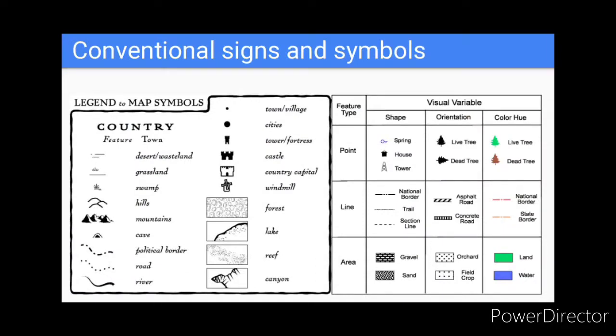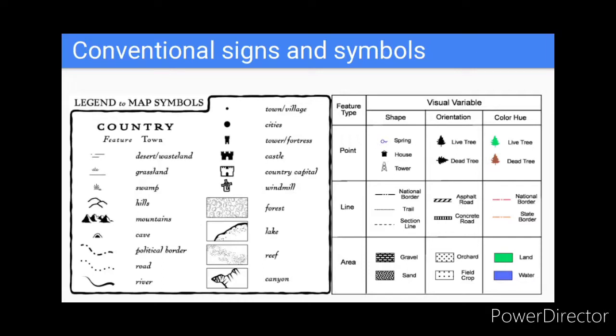Now moving on to conventional signs and symbols. Sometimes in maps they will give you these kinds of signs and symbols. You can't write everywhere that this is a police station, police station, police station. So you give police station a symbol, and then whenever you find that particular symbol on a map, you immediately know that there is a police station over here. There are different signs and symbols for different things.